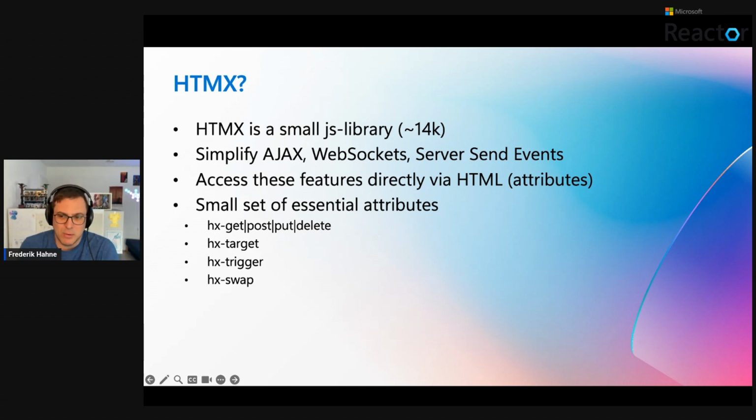And the AJAX swap attribute is quite interesting because it defines how to replace the element. So just replacing the inner HTML, outer HTML of the element, or some sophisticated things like morphing with morph DOM or some similar approach. And with these 4 to 5 attributes, you are able to really push this point in time further to the right before you really need a single page application.